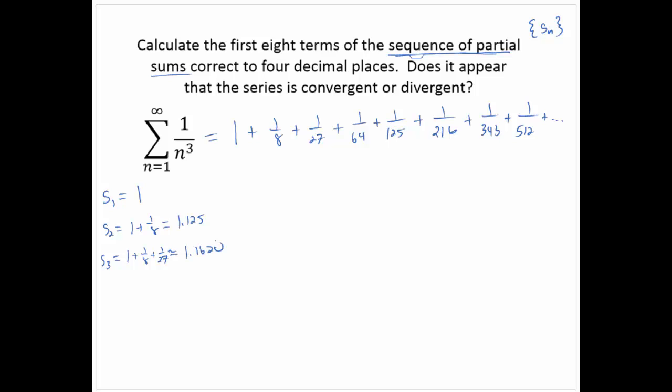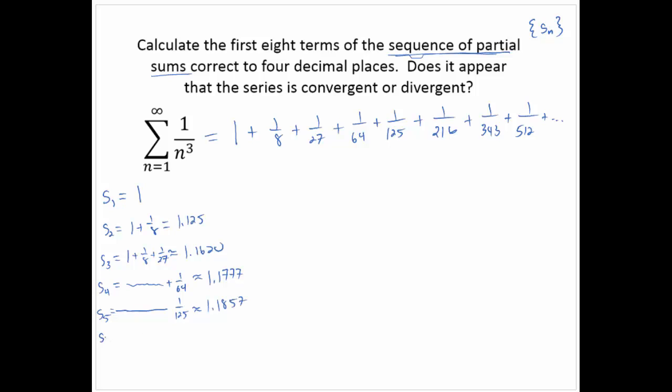You can verify this with a calculator. S sub 4 would be 1 plus 1/8 plus 1/27 plus 1/64, which is approximately 1.1777. S sub 5 would be all that plus 1/125, which ends up being